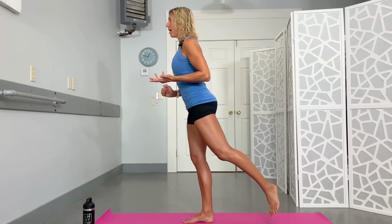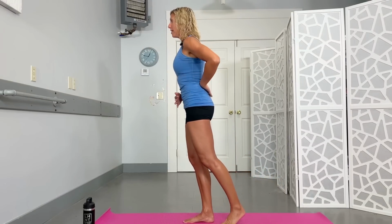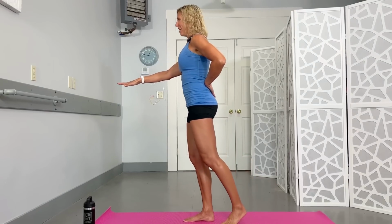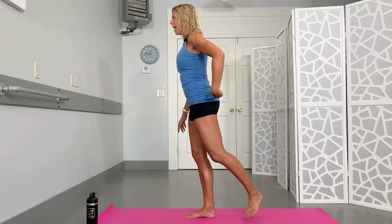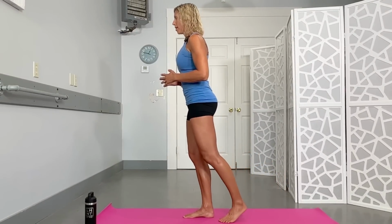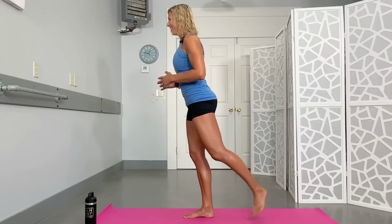So notice too, I'm not lifting ridiculously high, because if I did, I'd be arching in through my back. So this is the time if you need to hang on to something, right? Make sure you have it in front of you. And we're gonna do a few more here, and then we're gonna add on just a touch with this one too. So 3 more, that is a few. There's 1,